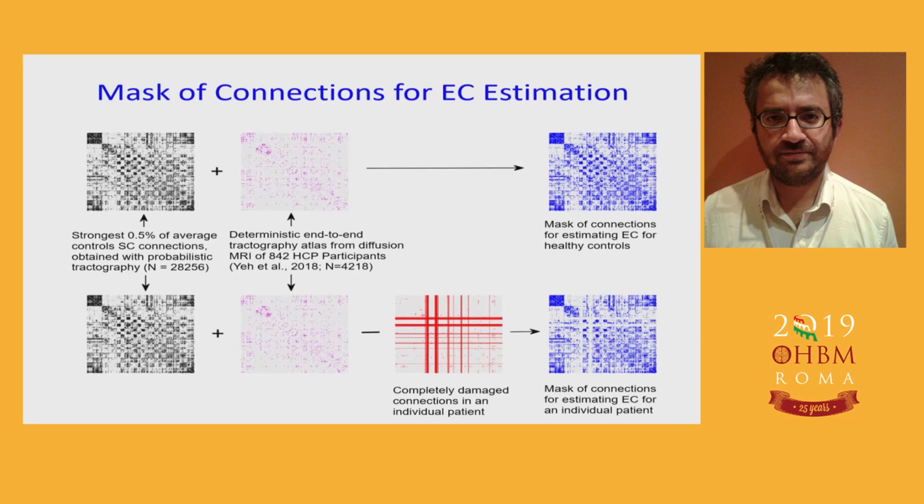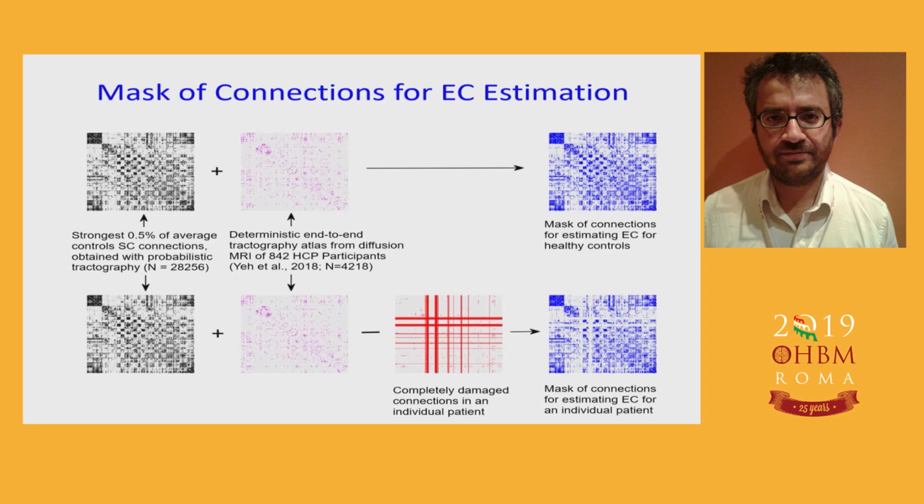The first one consisted of 0.5% of the strongest connections that were present in the average structural connectivity matrix obtained from probabilistic tractography on the controls. And the other one was a deterministic end-to-end tractography atlas from diffusion MRI data from 842 HCP participants. And this was a much more sparser matrix, and ideally it would be useful, but it was not good enough. I think the edge density was 4%, and it's not good enough to estimate EC on its own, which is why we had to also use the probabilistic